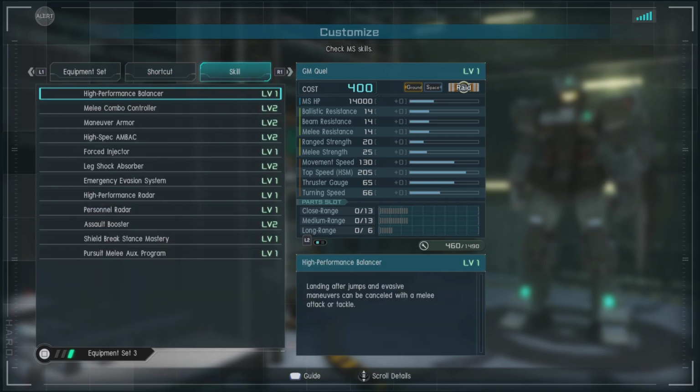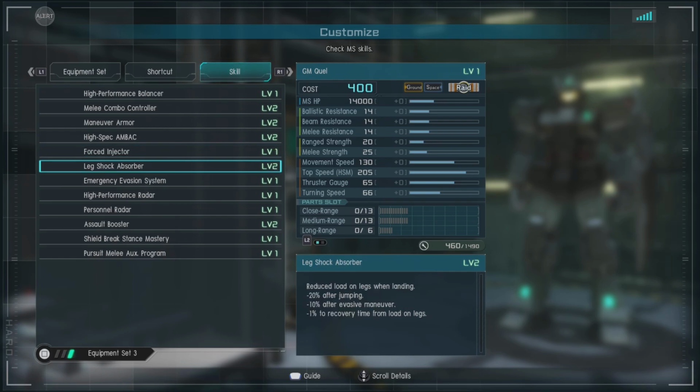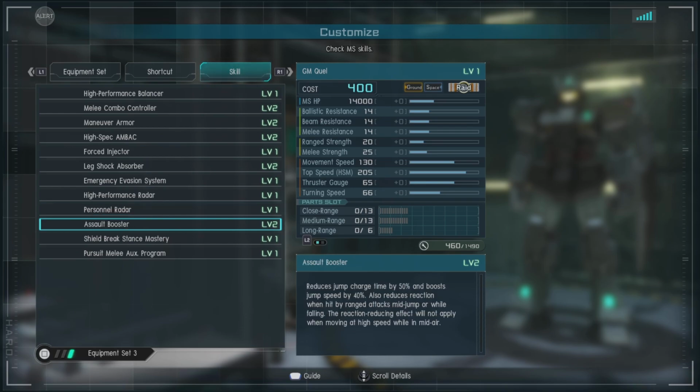And for skills, we have High Performance Balancer, Melee Combo Controller Level 2, Maneuver Armor Level 2, High Spec and Back Level 2, Forced Injector, even though it's Level 1, it's still very nice to have, Leg Shock Absorber Level 2, Emergency Evasion System, High Performance Radar, Personnel Radar, which can be useful in some cases, and the Assault Booster